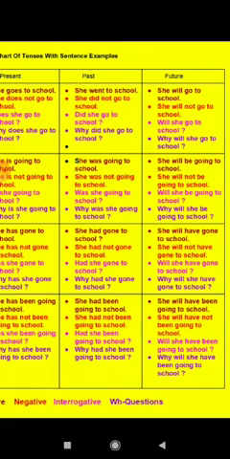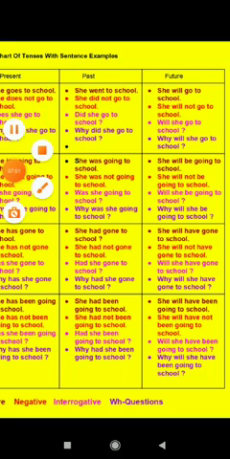Now we will talk about future tense. Simple future tense: will, shall plus the first form of the verb. She will go to school. When we are converting it into negative: she will not go to school. I shall not complete this work. Meaning will not, shall not will come. In interrogative: will she go to school? Why will she go to school? So with do, does, did, will, shall, always the first form of the verb comes.